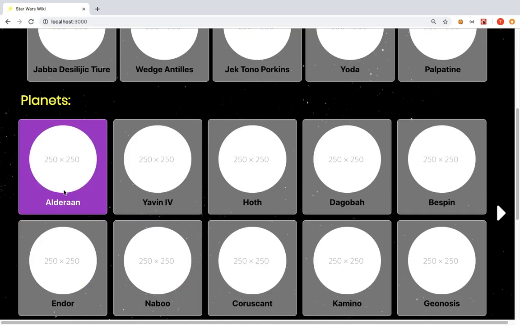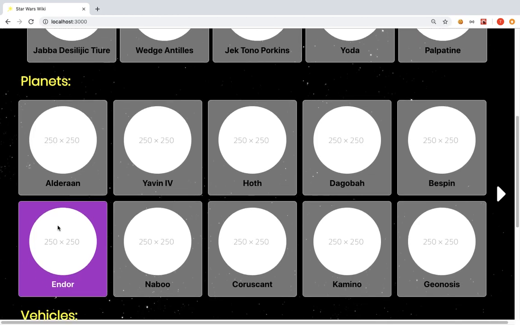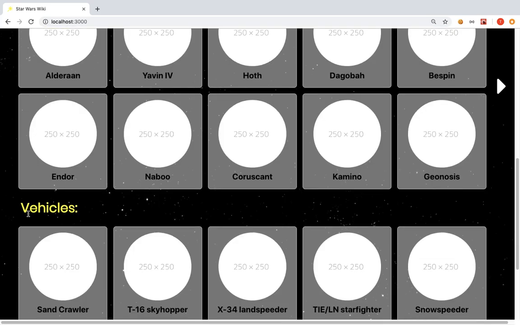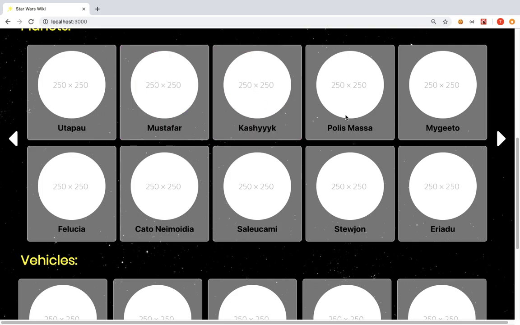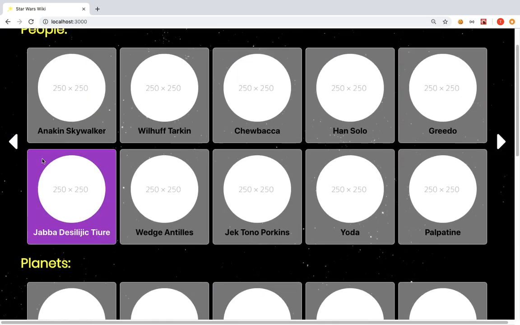You'll see planets is in its initial data set, so there's nothing there that requires that I have a back button. Same for vehicles, but it works just the same. If I were to click it, we'd get 10 new items and a back button would appear. All right, so